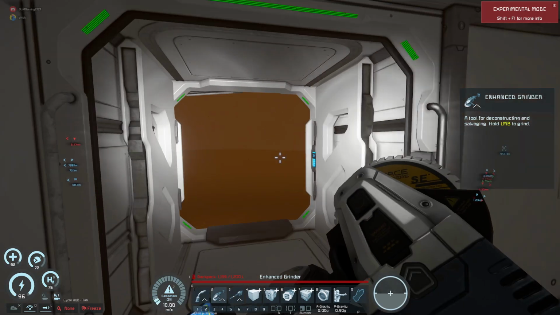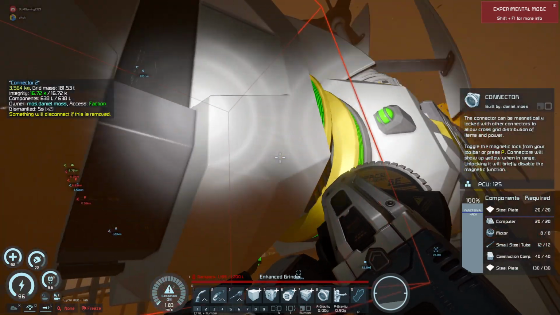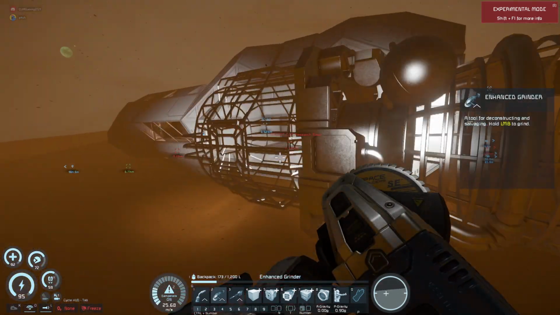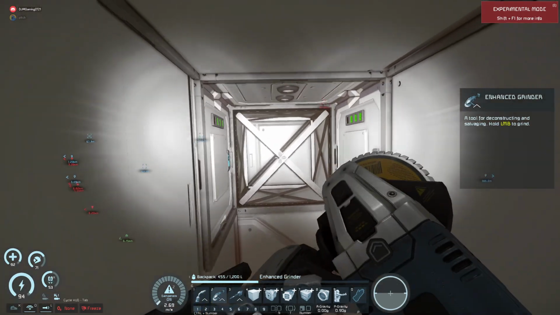Inventory full. With me connecting this up as well, what I can do is start the pipe work in the ship, so then I can just use welders to weld up all these big stuff instead of backwards and forwards with loads of...